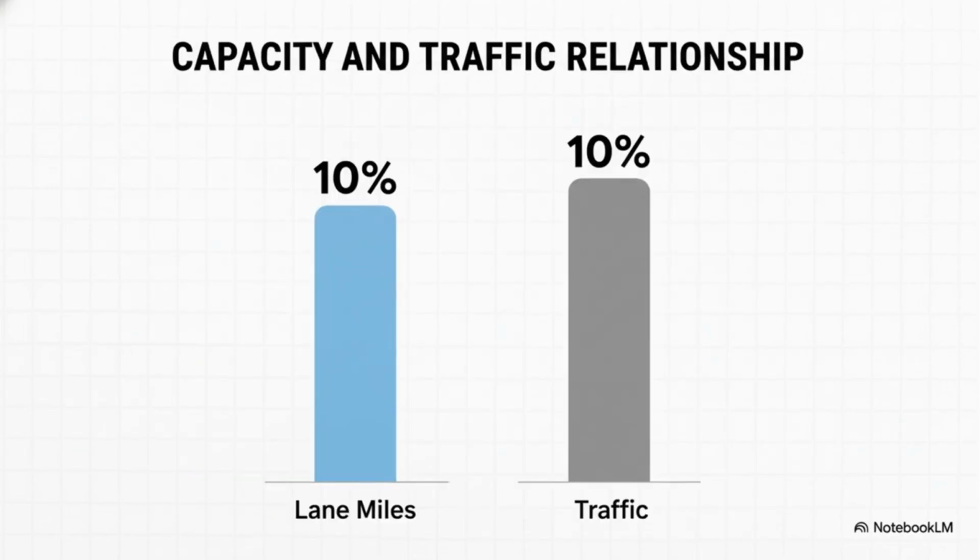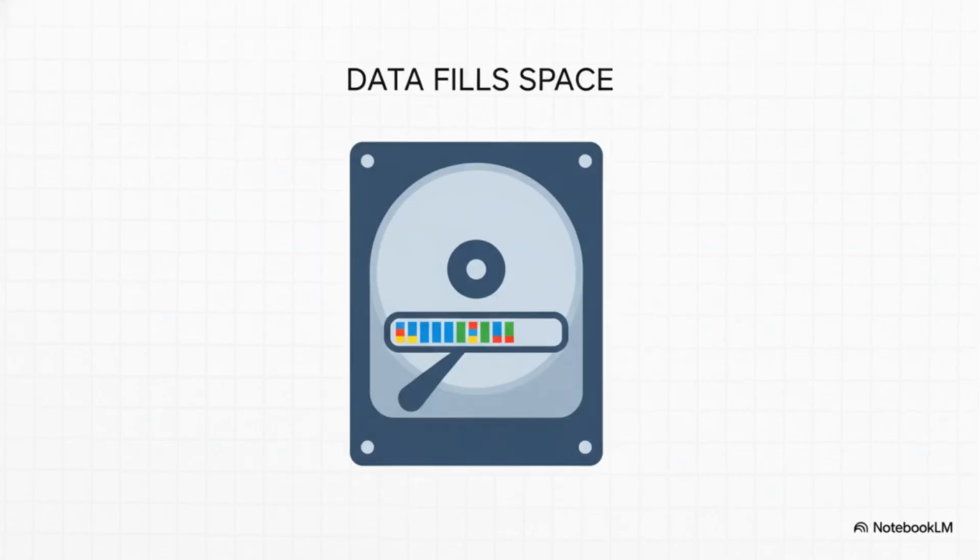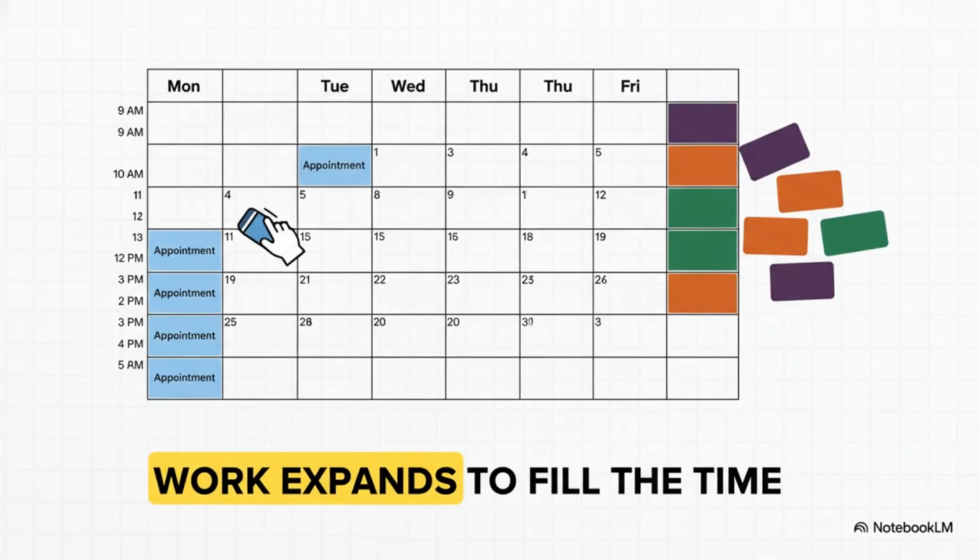And this pattern, it's not just about traffic. You start looking for it, and you see it pop up everywhere. You add more road capacity, and sure enough, more cars show up to fill the new space. You buy a bigger hard drive, thinking you'll have space for years, and somehow, it fills right up with data. You finally clear your schedule to get ahead on your work, and poof, it just fills up with new work. It almost feels like some kind of universal law is at play.